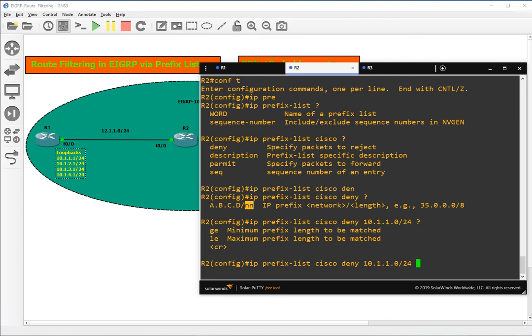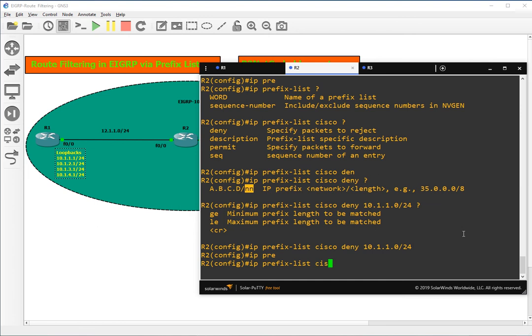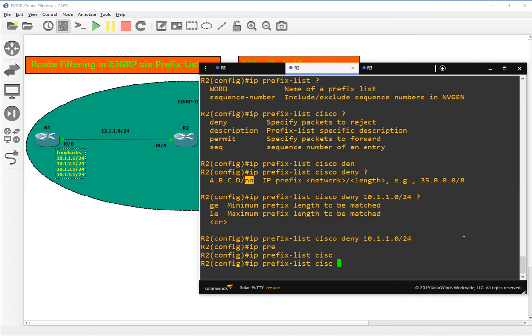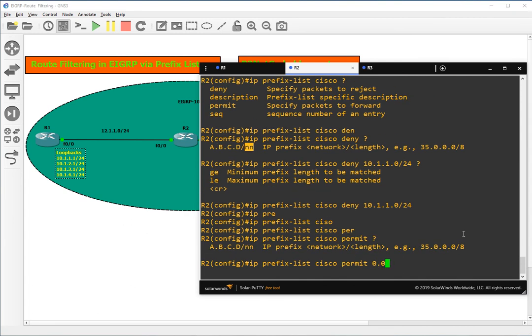If we want, we can use greater-than or minimum prefix length to be matched, or maximum also, but for now let's not use that. Okay, and after that we have to permit all. Permit. Okay, we will give permission to all.